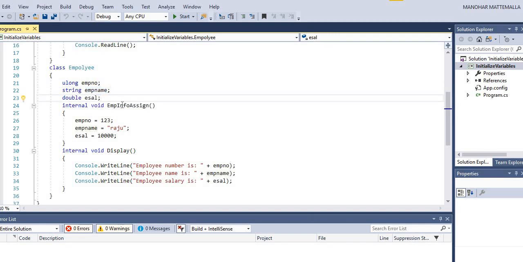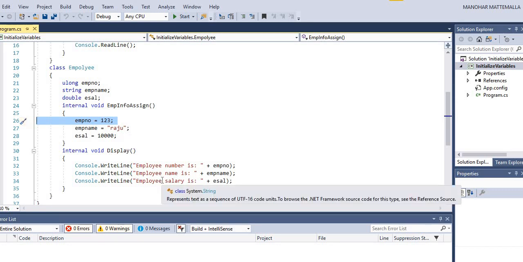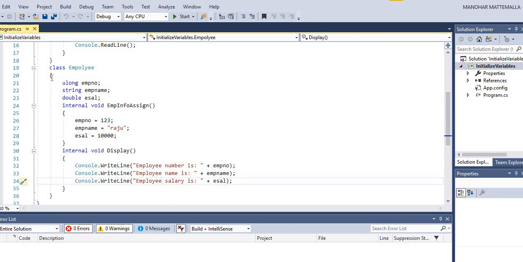So when will these class level variables get executed, though they are in another class? I will show you.